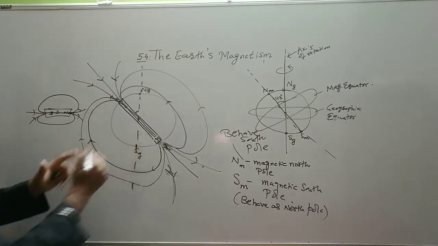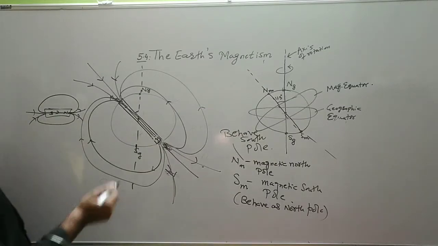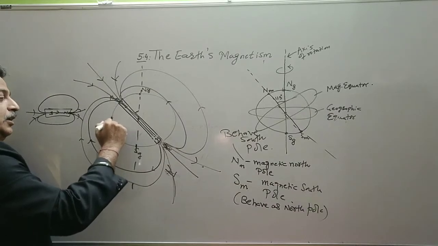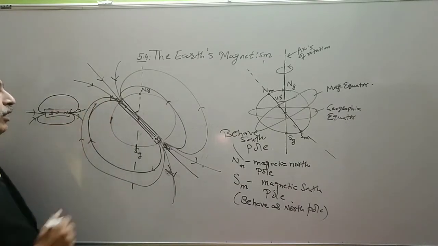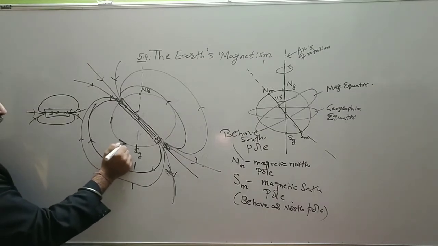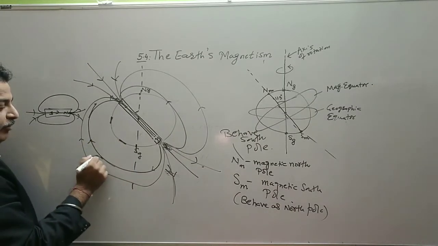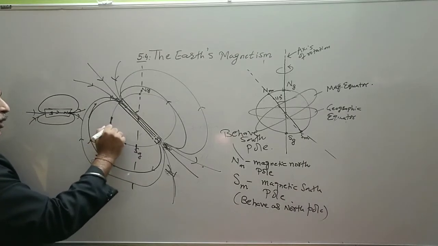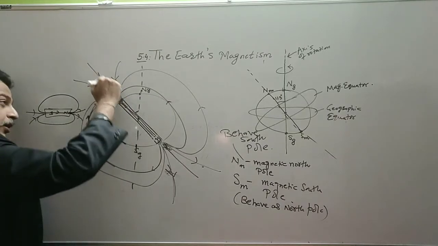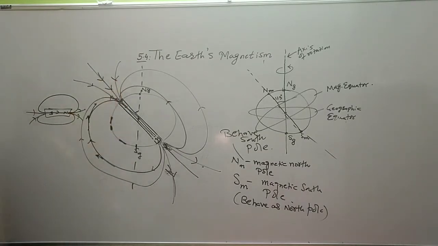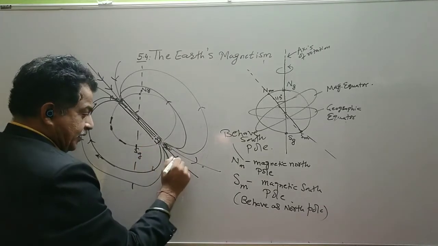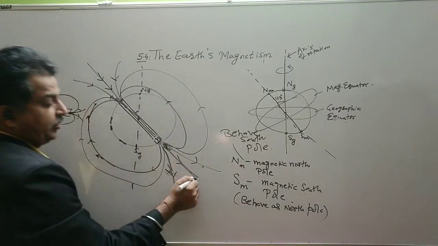So this is the magnetic field lines of earth at any place. If I am at this place, then the magnetic field line will be along the tangent. If I am at this place, then the magnetic field lines will be this. If I am on the equator, then the magnetic field lines will be straight. If I am at the pole, then the magnetic field line is inverted, like this, straight.